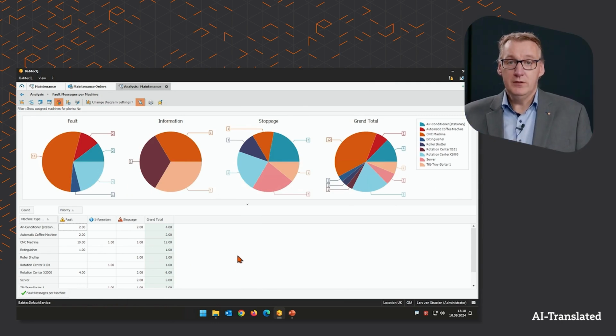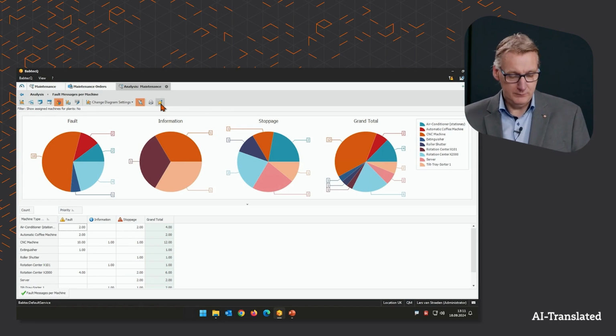Now, of course, they want this configuration of the evaluations that we just carried out. So here, to activate this pivot mode, to swap fields back and forth, or also the graphical evaluation here in the upper area that we changed doesn't have to be reset every time. That means you have the option to save what's called favorites here. And this configuration, as we have set it up, is stored one-to-one in the database and in your list of evaluations that we provide, to expand it with your own evaluations. And these custom evaluations can then be opened with a double click in live data. So they are always online with the current data that is stored in the database.